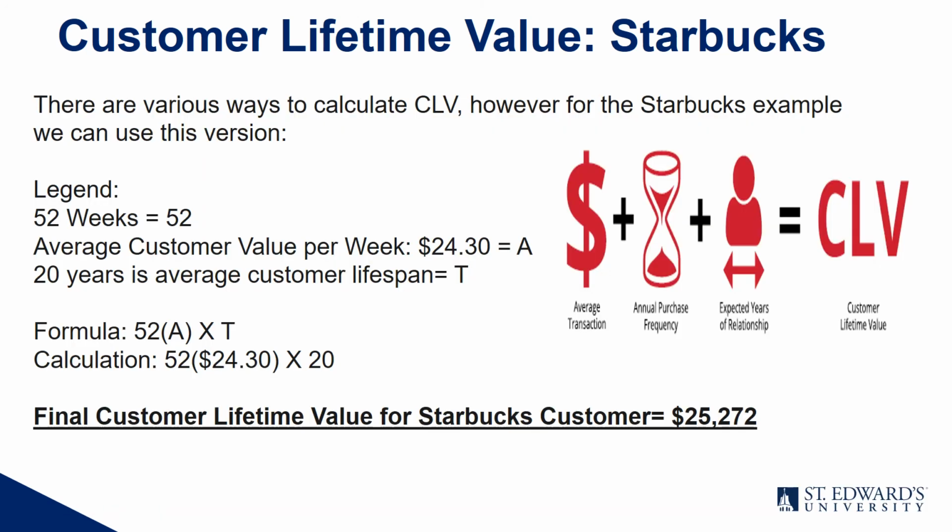So there are various ways to calculate CLV or customer lifetime value, but for the Starbucks example, it's as simple as this. There's 52 weeks in a year, right? The average customer value per week is $24.30. We'll call that value A. 20 years, we'll call that value T. So the formula is very simple for this piece of it, right? 52 weeks times an average order of $24.30 times 20 years. 52 weeks times $24.30. It's a 1 year times 20. You have a total customer lifetime value of